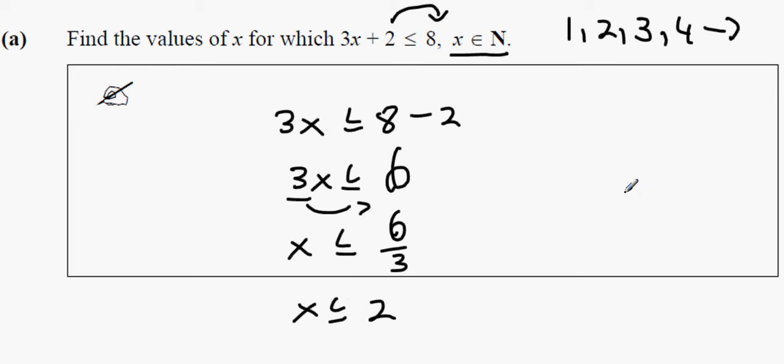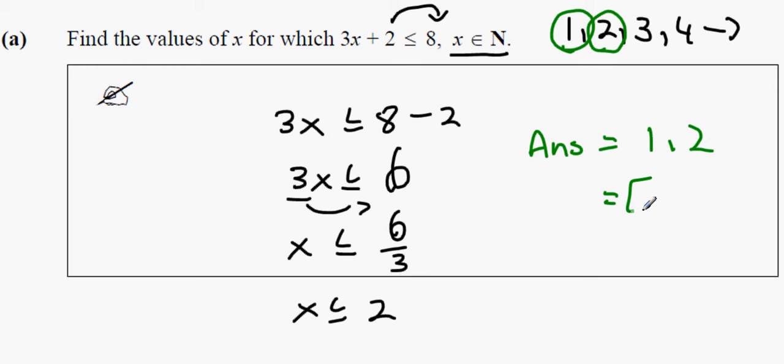So we need numbers that are smaller than or equal to 2. So the only two we're allowed are the numbers 1 and 2. So our answer is 1 and 2. Or sometimes you may want to present it like this, 1 and 2. Okay. Now,